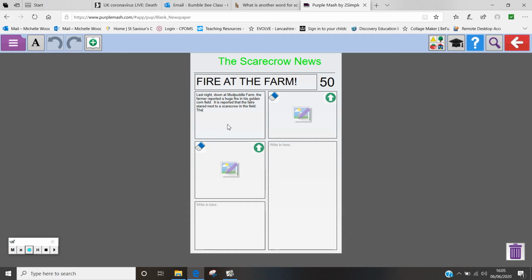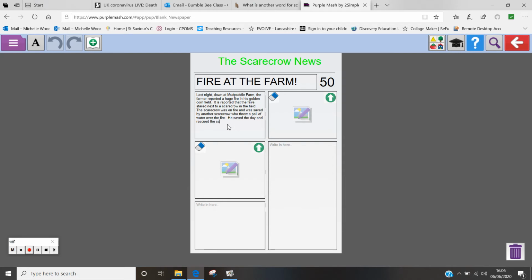Full stop. The scarecrow was on fire and was saved by another scarecrow who threw a pail of water over the fire. He saved the day and rescued